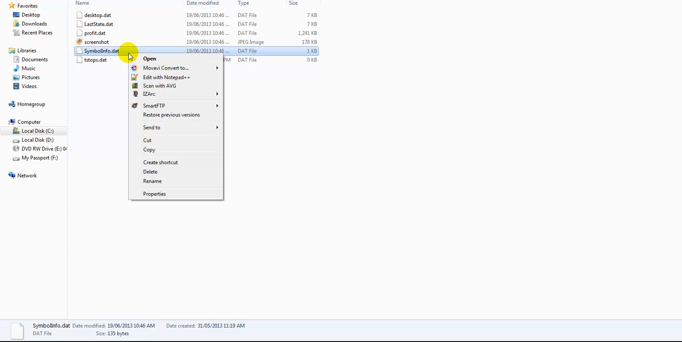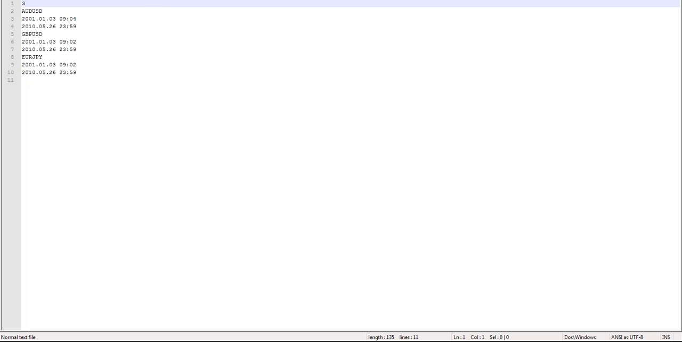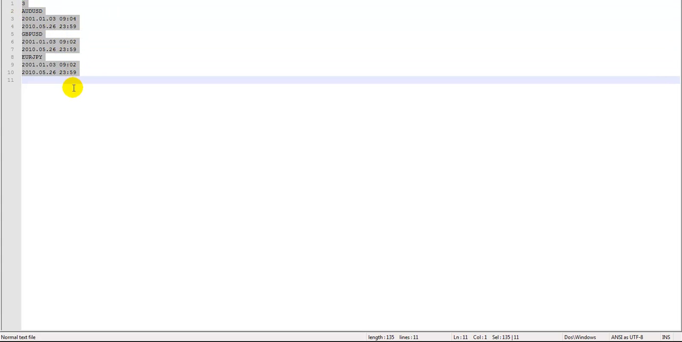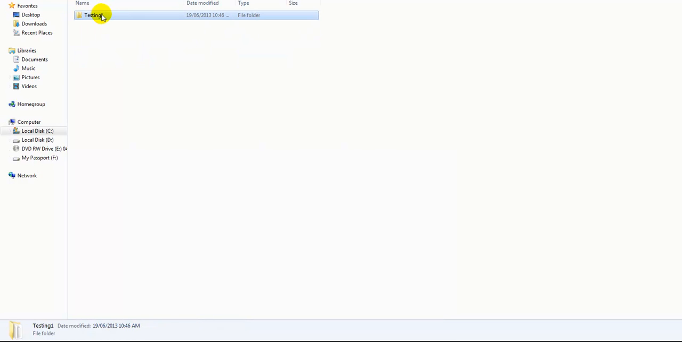symbolinfo.dat. Let me open this up with Notepad. I like to use Notepad++ for these sorts of files, but you can also use Notepad in most cases. So let me bring it up. Here it is. This is the symbolinfo.dat file, and you can see it's got three currency pairs on here. What does this mean? This means that when I created this project called testing, I had three currency pairs